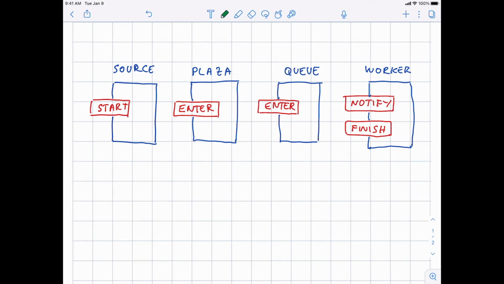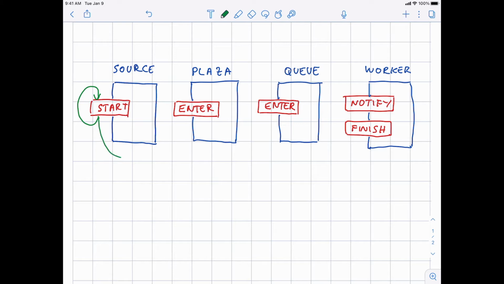So here is a drawing of our main classes. I haven't drawn the person class because that one has only one event, as we will see, that is triggered when the person is done with it. So the source has a start event used to generate the next person. So what does this event trigger? The start event will trigger two things. It will trigger a future start so that we can generate a never-ending stream of customers through the network.